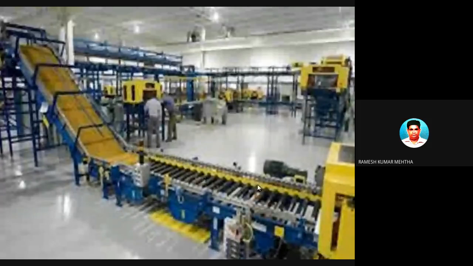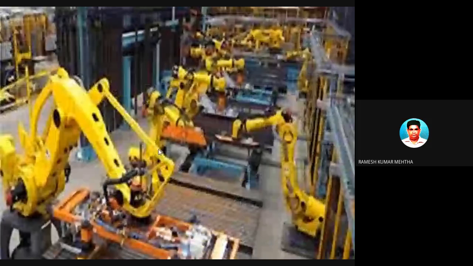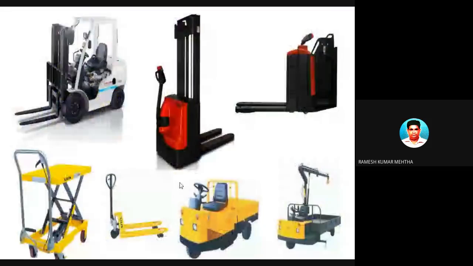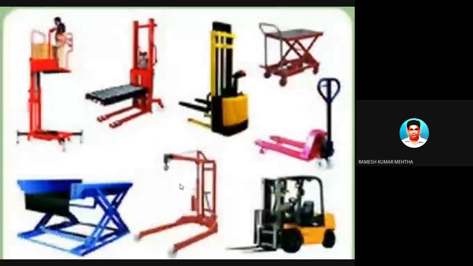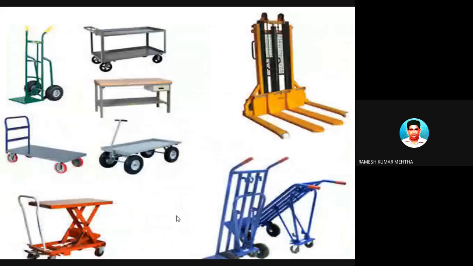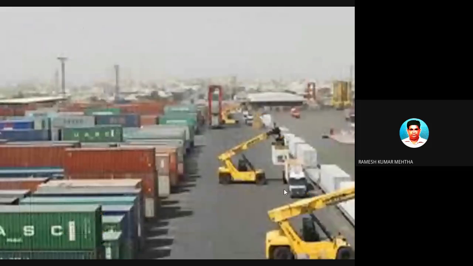So this is another material handling equipment. So this is another set of material handling equipment. So these are different types. Look at this. This guy in this picture is placed at the top. So these are the different types of material handling equipment. These are again a set of different types of material handling equipment. This one, etc.